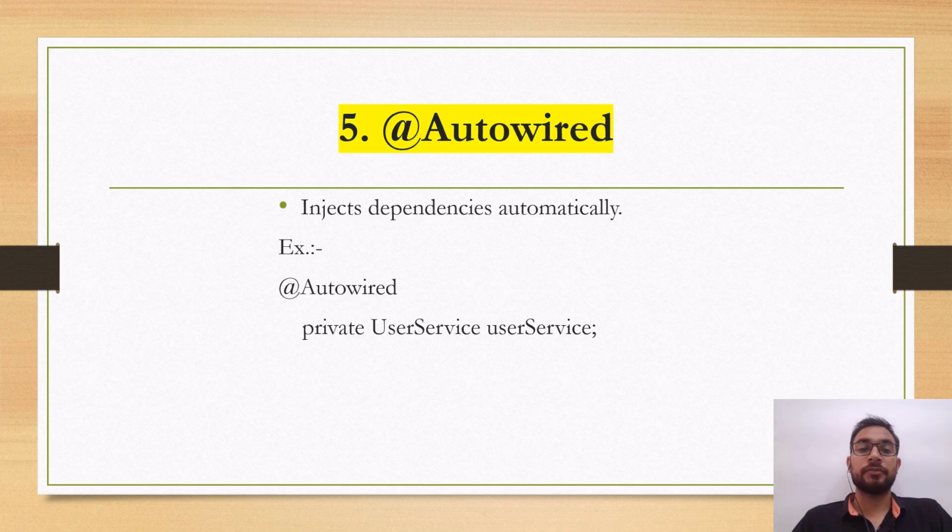@Autowired. It injects dependencies automatically. Example, @Autowired. For example, we want to inject a dependency of a UserService class, so we annotate this @Autowired private UserService. Next is